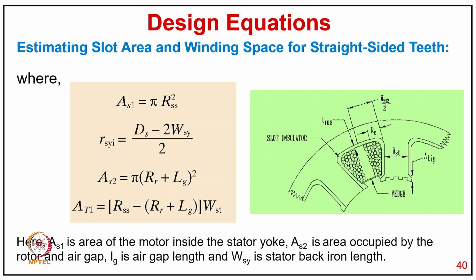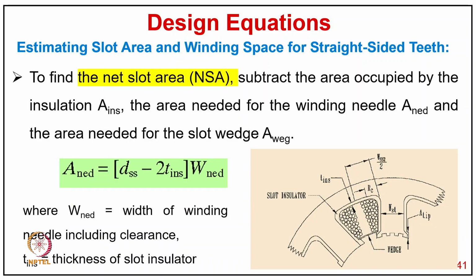into WST. So here AS1 is the area of the motor inside the stator yoke, and AS2 is the area occupied by the rotor and the air gap, and LG is the air gap length, and WSY is the stator back iron length, as you can see in the dimension. So to find out the net slot area NSA, subtract the area occupied by the insulation AINS and the area needed for the winding needle ANED and the area needed for the slot wedge AWG. So ANED equals in bracket DSS minus 2 TNS into WNED,